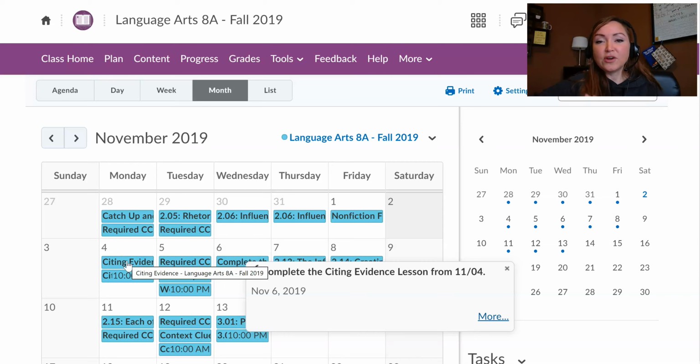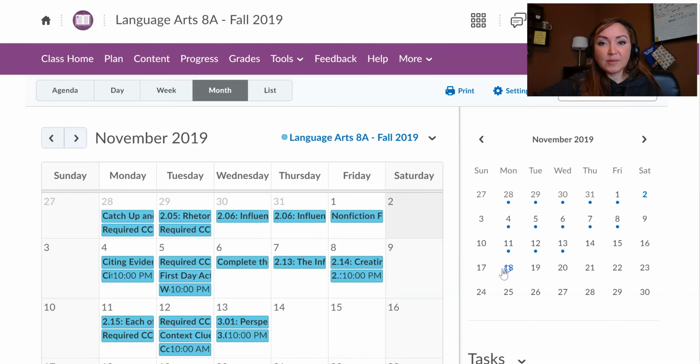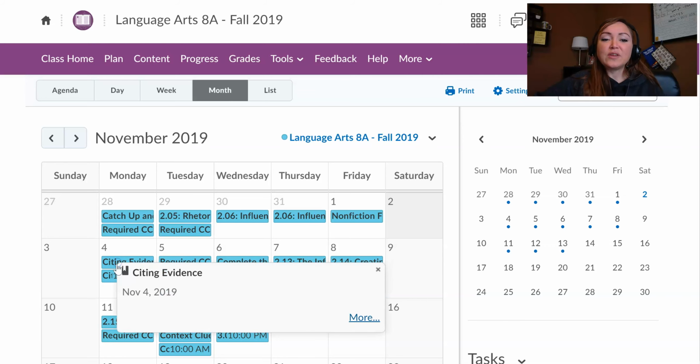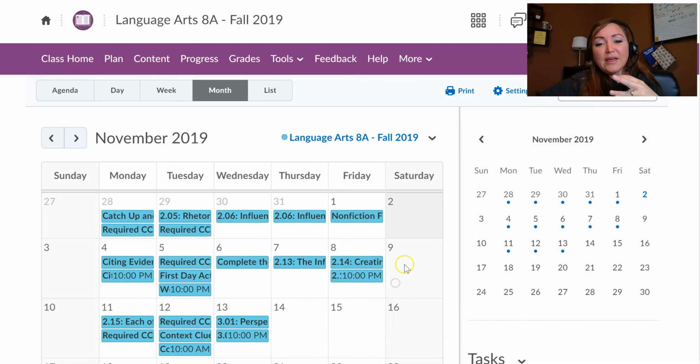This lesson that my current students are completing on November 4th, I want you to complete on Wednesday. And they're going to be working on other lessons. They're not linked here for you, so you don't have to worry about skipping anything on here. But I want you to complete this lesson because we will learn how to cite evidence, and then we're going to practice it the rest of the year. So it's a really important lesson that I want you to have. So you'll go back to November 4th, click on the lesson here, go through the lesson, and complete the assignment in here, okay? Then on Thursday, we'll be caught up with the rest of the students in the class, and everything will run as normal.